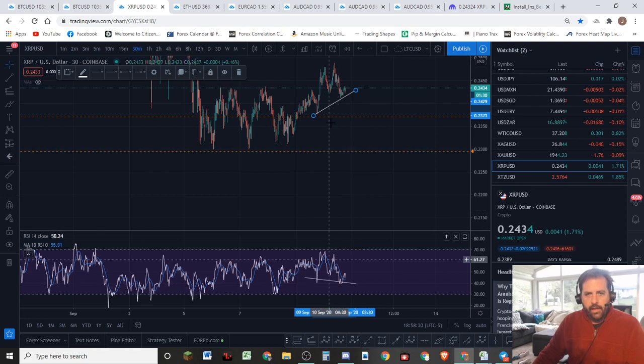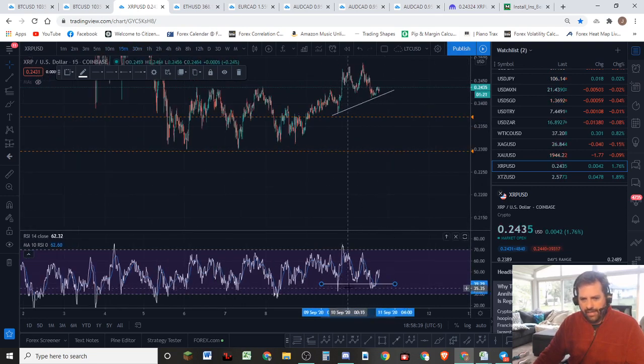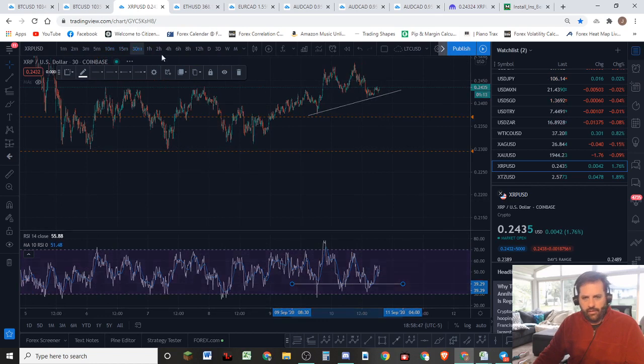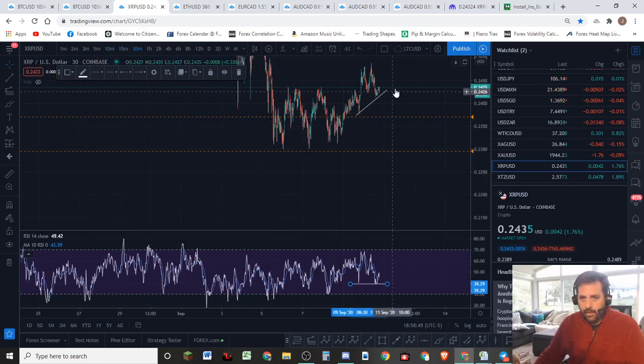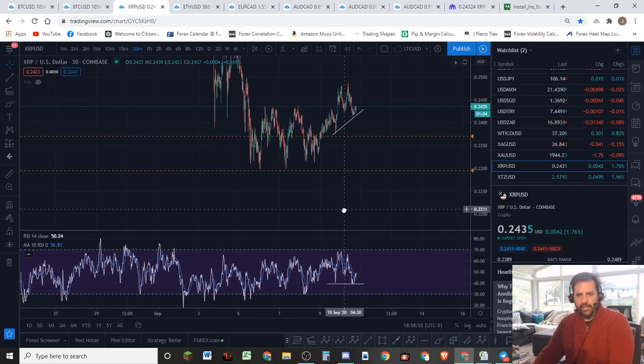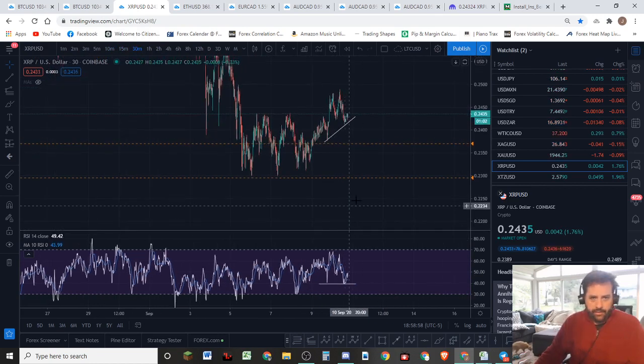Sorry about that, guys. Higher lows there and lower lows on the RSI. Barely lower lows on this time frame. Maybe the 15-minute would give us that divergence. Again, not so much. The 15-minute doesn't give it to us. How about the 5-minute? The 5-minute doesn't give it to us either. So we've got exaggerated divergence on the 30-minute time frame. That can be wiped out with a strong move to the downside. Obviously, all divergences can be, but not so strong on the 30-minute time frame.